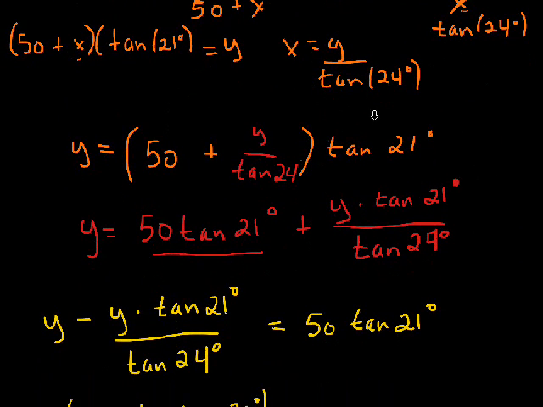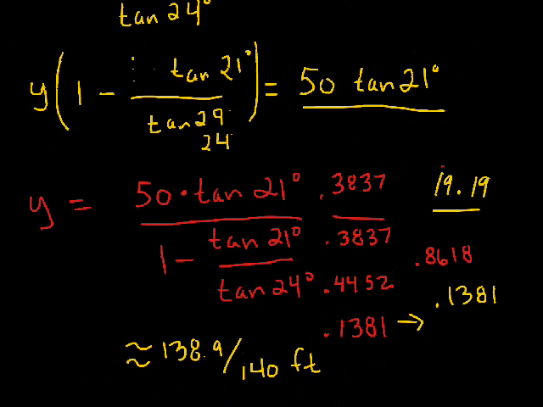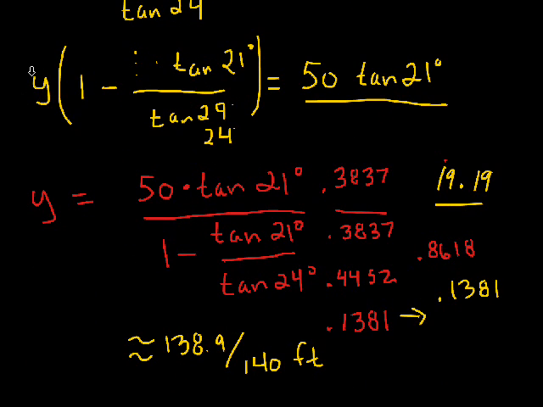right here, and then we took that x information and put it in right there, so that the x is completely out of the equation now. There's no x in here. This is just solving for y. And after that we just did some algebra, we did some cancellations, we factored out this y here, and then we come through to the end, the y factored out, leaving the 1 minus all this other information, and then we